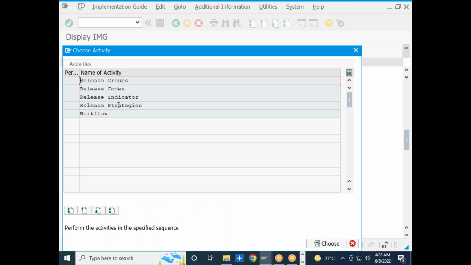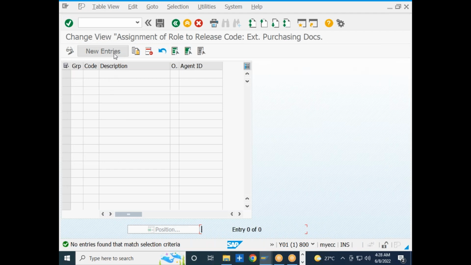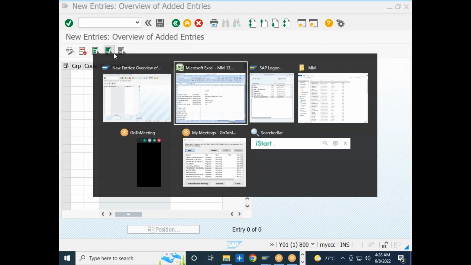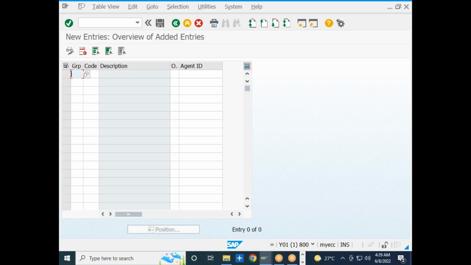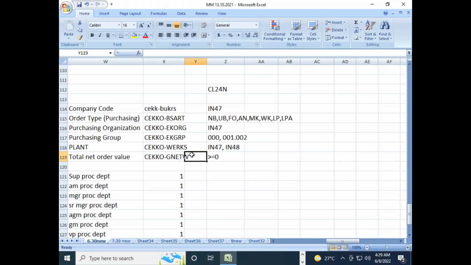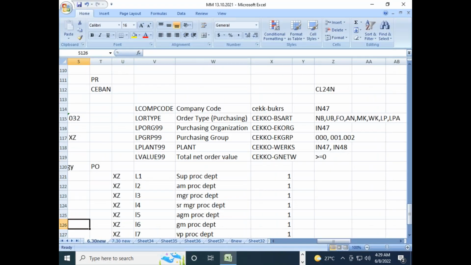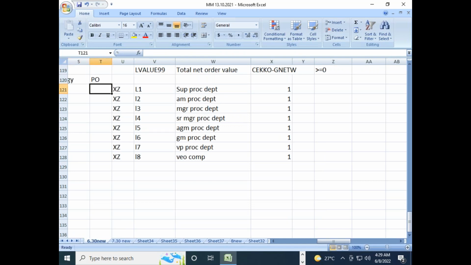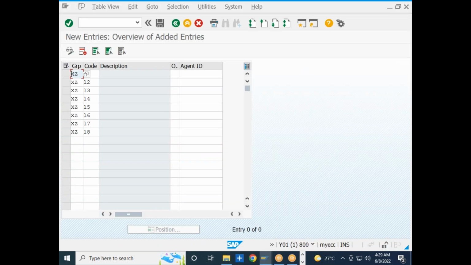Now I will be getting into the workflow functionalities. As we discussed in the same way for the purchase requisition, for a particular release group and release code combination, what is the release group? Release group is exit, release code is L1. So for a particular release group and release code combination, I am going to mention the user ID details. So user ID, and the relevant user ID is,